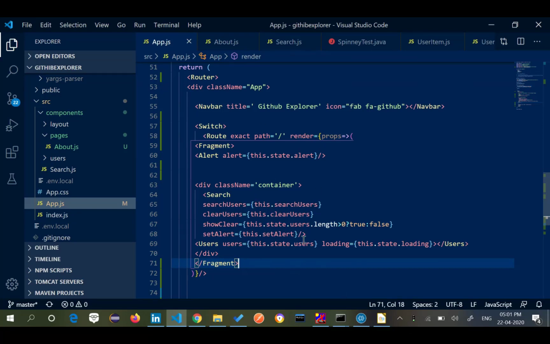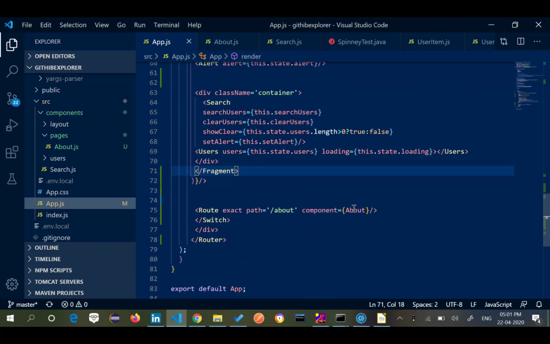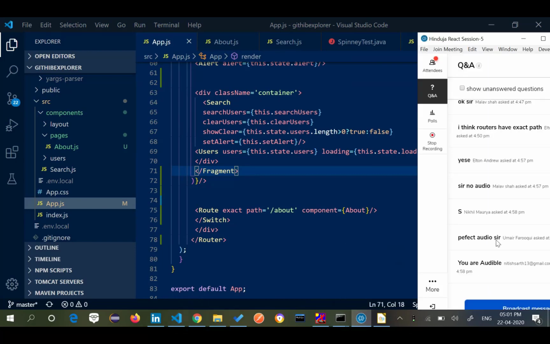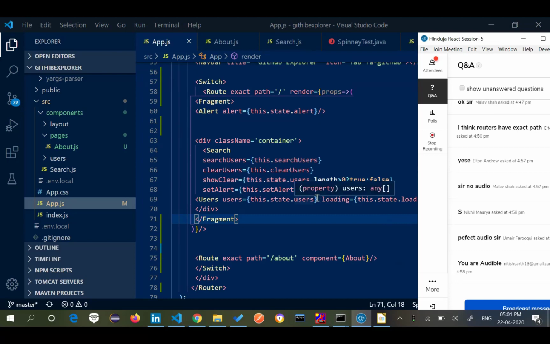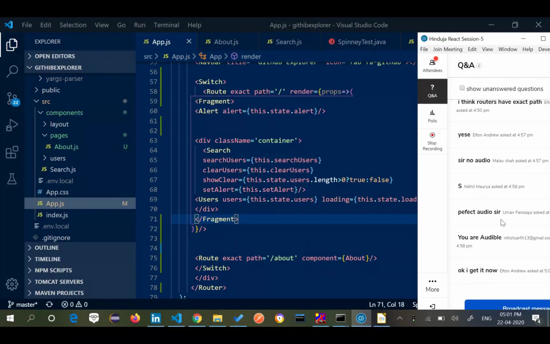If I had everything inside a single component, what would I have done? I would have just displayed it inside a component. There are two types. If you want to merge multiple components into one and make them a single page, you have to go by this pattern. You have to say render. Obviously, you have to pass the props. And if you have just a single component, you'll just say slash about and component. So whenever you say slash about, it will just call the component. Is everyone clear on this point?